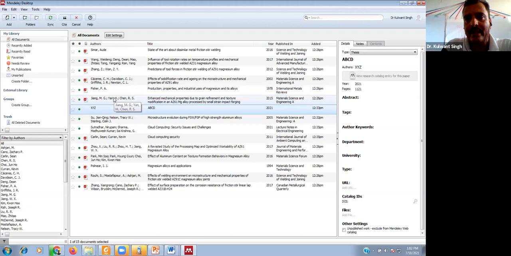There is an option in the tools and you have to check for the duplicates. If one paper appears more than one time in our library, then there may be a possibility of such type of overlapping, because we are selecting the same document, but the data is taken from a different one. So there may be an issue creating such a problem.